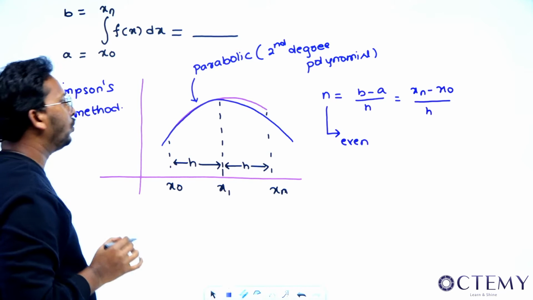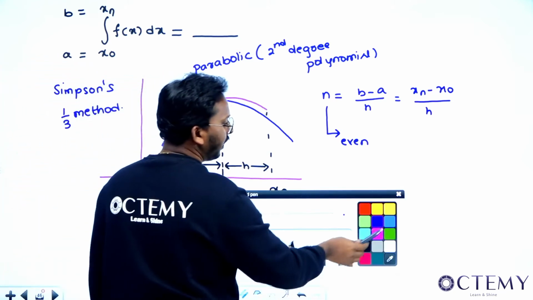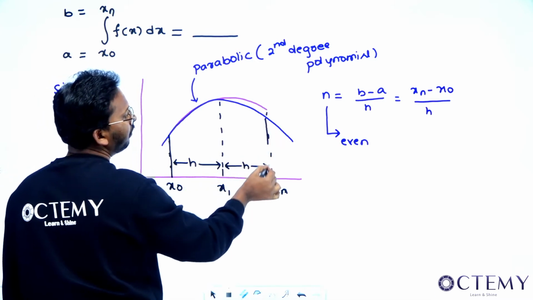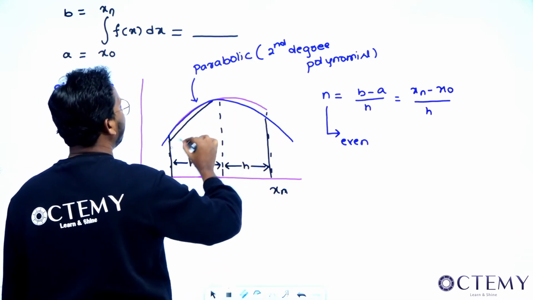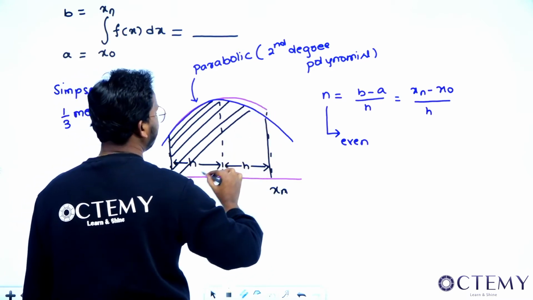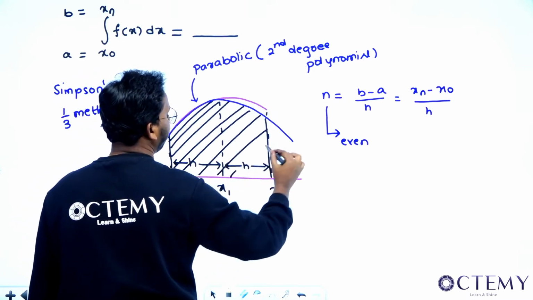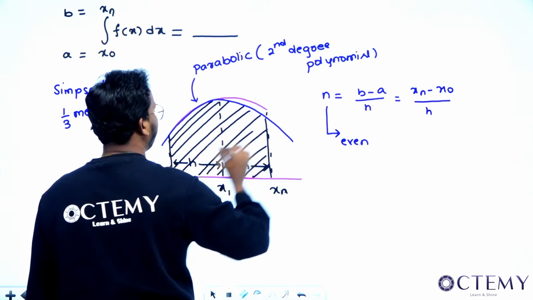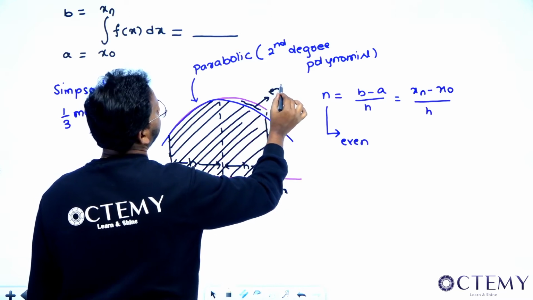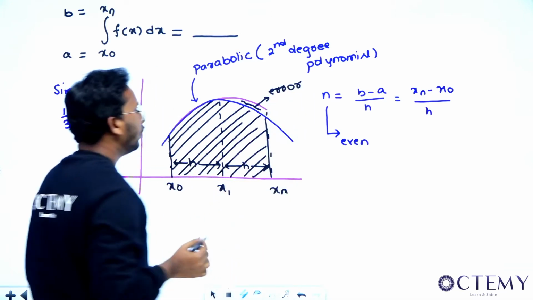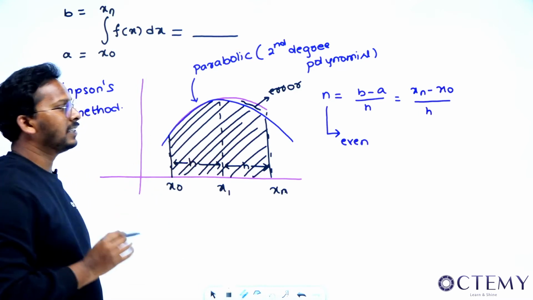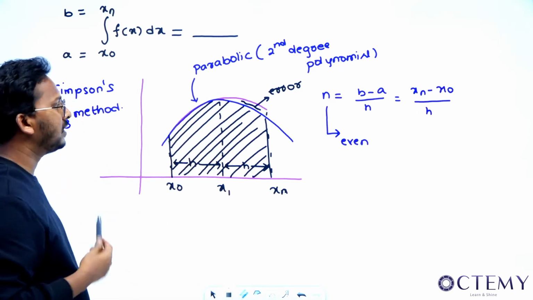Right? So the area we will be getting will be like this, sir. This area we will be computing now, which is under this, right? So what will be the error, sir? This particular part which is here, this is the error, right? Now, since the graph is also like parabolic or second order, that's why the error is less here. But if your graph is something else, the error will be different.